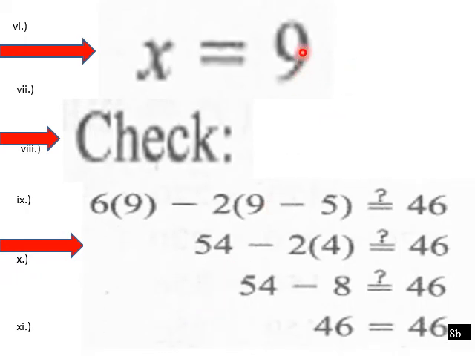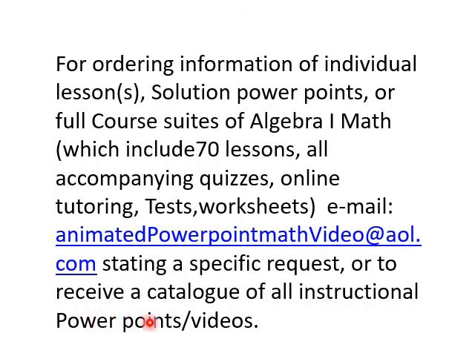How do we get 9? Well, we divide both sides by 4, did we not? Okay, so our check. We stick our solution of 9 into our original, and it seems like it checks out, doesn't it? Okay, that's part 1 of